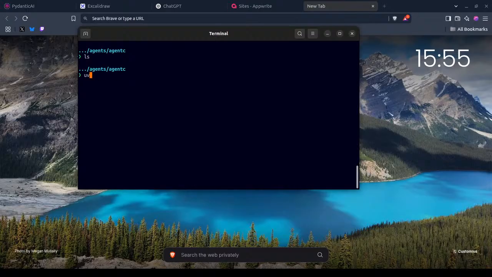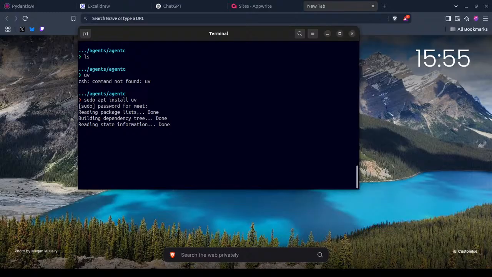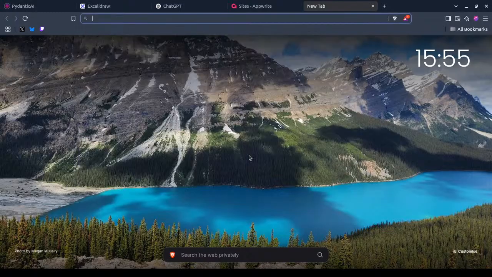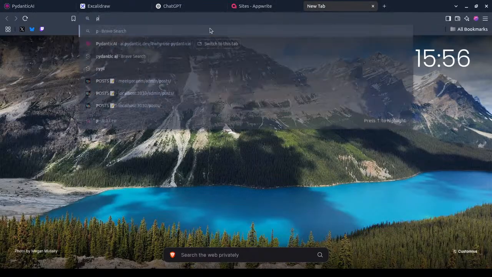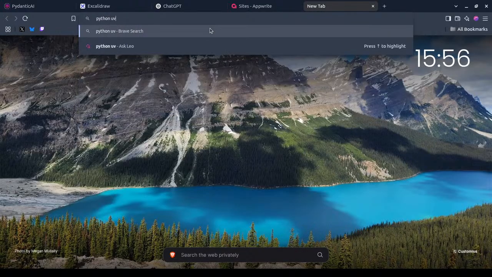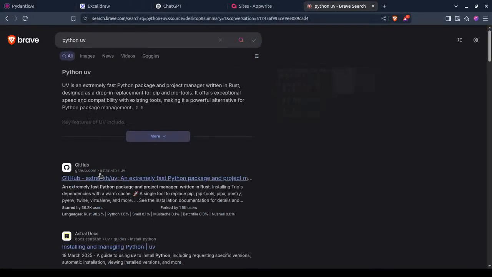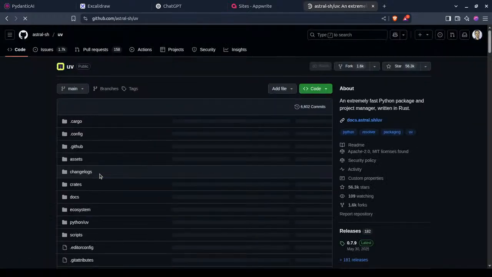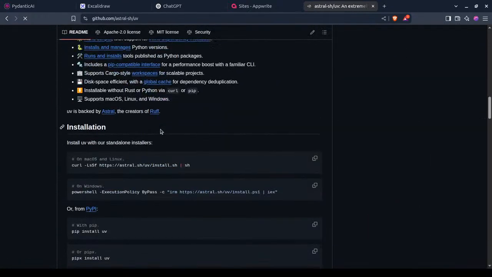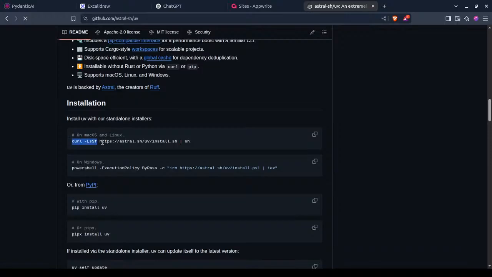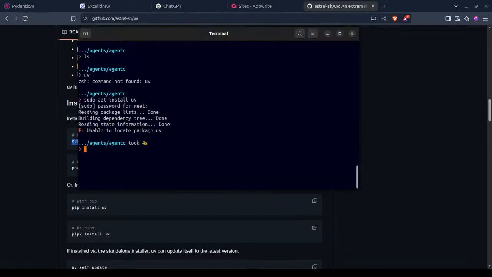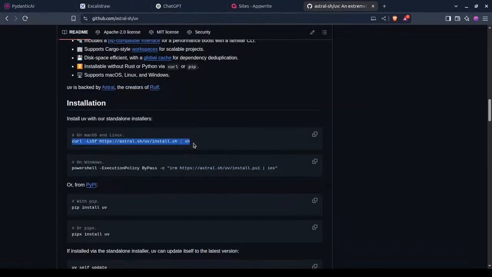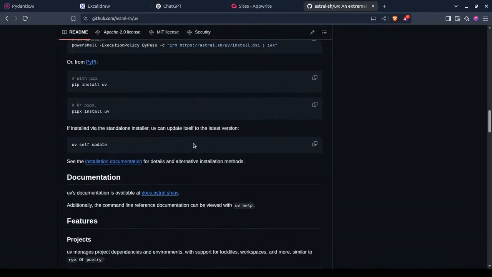Instead of doing this, maybe we can use UV here. How do we install UV, guys? Oh, we can install this.